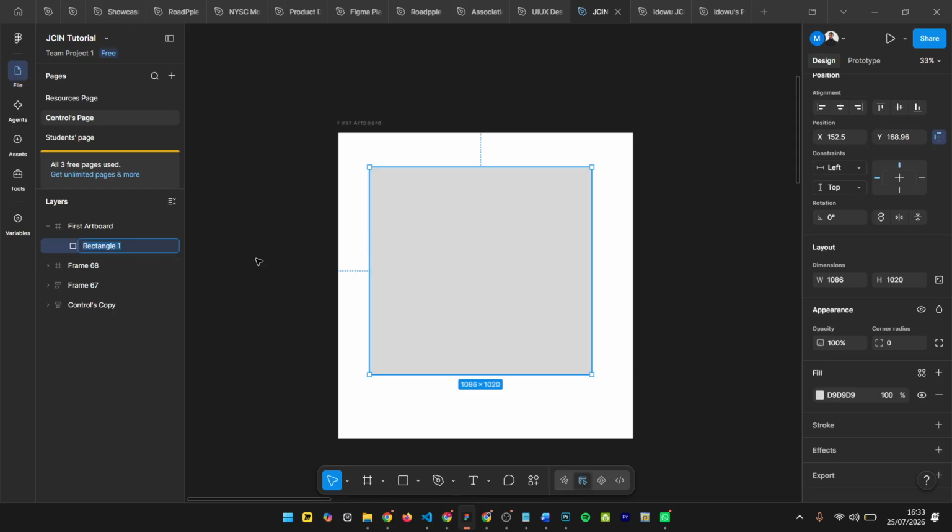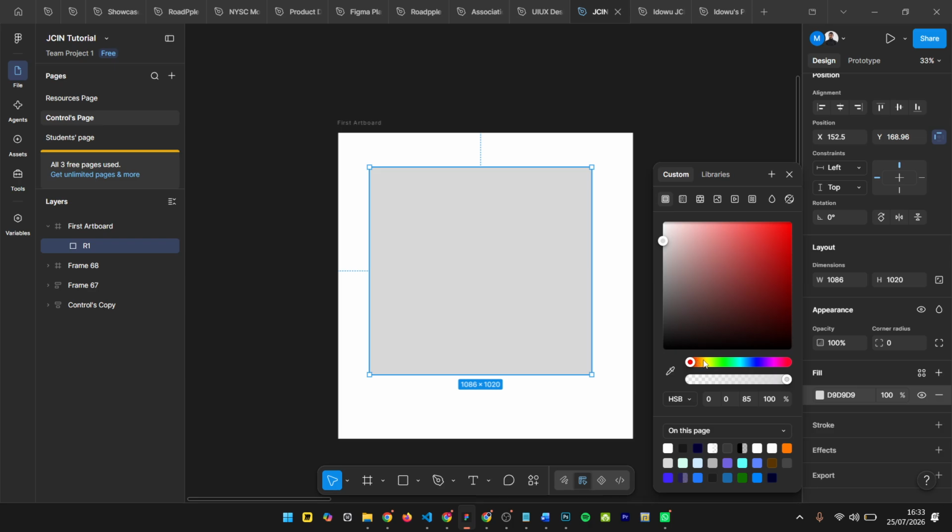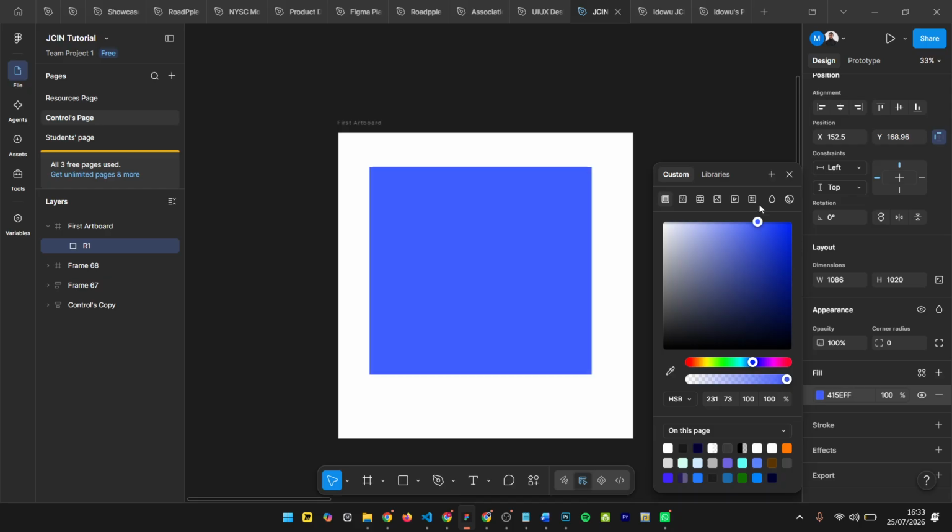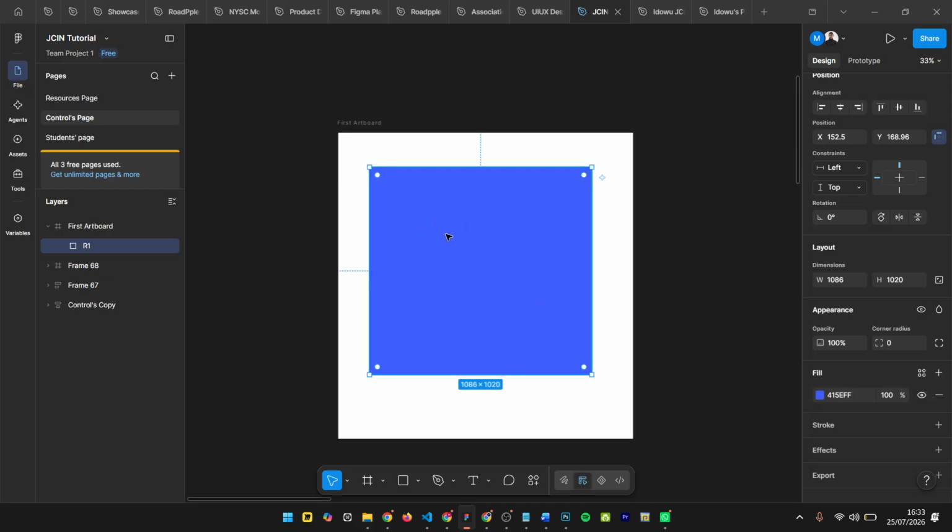Let me rename it to R1, so you can get used to the culture of always naming your layer. We are still coming back to layer, by the way. So here now, I'm going to give it any color of my choice. Let me go with blue, I like blue. You can see we have the hex code here. I want to make it smaller than what it is now, so let's give it like 400